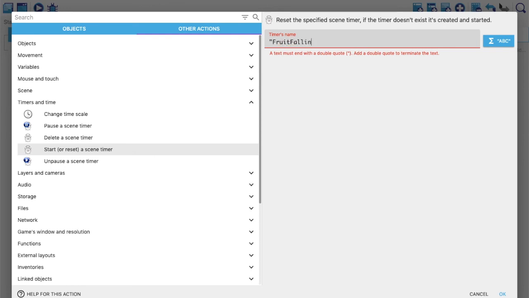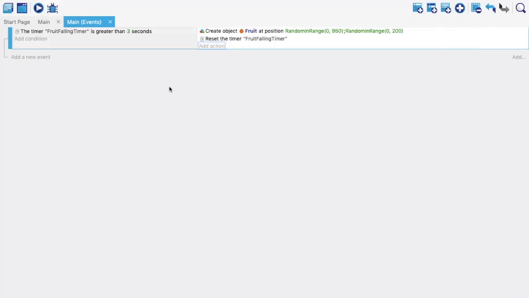Make sure that the name is exactly the same, even the capital letter and the small letter. I hope I'm correct. If not, we'll come back and change it. Fruit falling timer, with capital FFT. Yeah, it looks the same. Guys, remember, if there is even one small tiny difference, this will not work. So the name of the timer should match exactly.